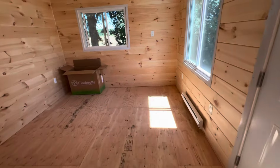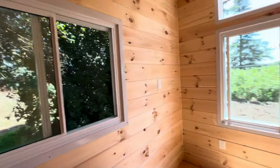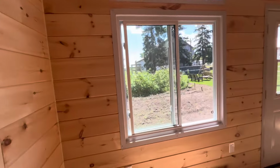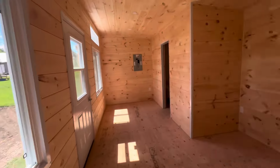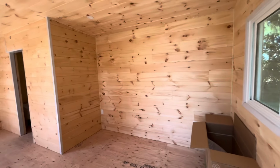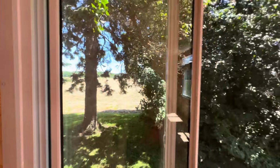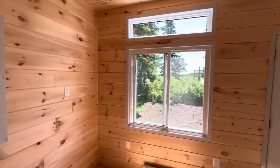This is a fully insulated building with our Taiga package, which includes roof ventilation. It includes the pine. It includes the house wrap. It includes the vapor barrier. Everything all into one big package here to make it nice and easy for the customer to understand from a budgetary perspective. And now this beautiful building is sitting in its beautiful location